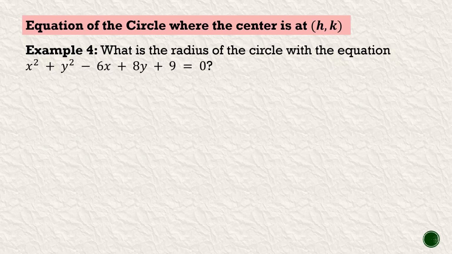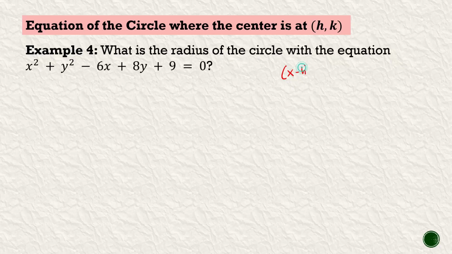Alright, so let's answer this problem. What is the radius of the circle with the general equation x squared plus y squared minus 6x plus 8y plus 9 equals 0? So the thing that we need to do here is we need to transform this one into the standard form. Just to remind you about the standard form,